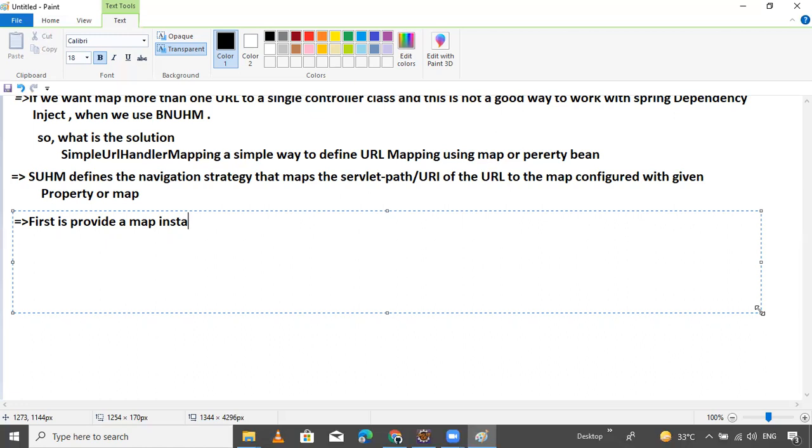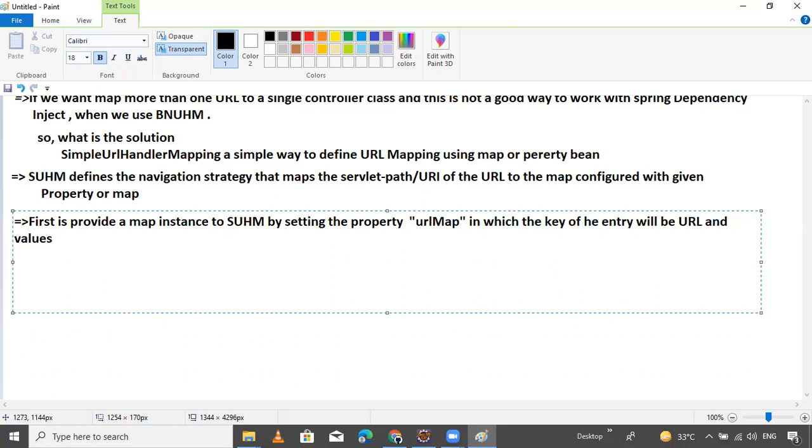Now instantiate the simple URL handler mapping by setting the property URL map, in which the key of the entry will be the URL and the values will be the controller.